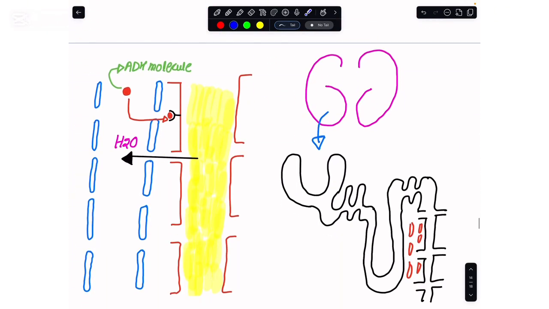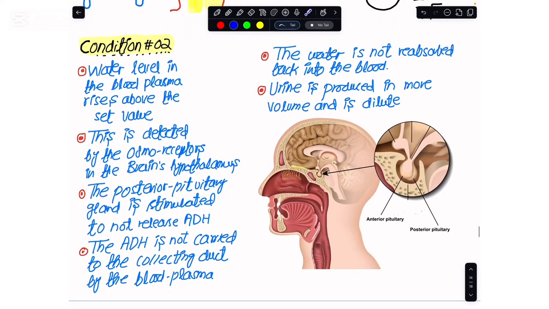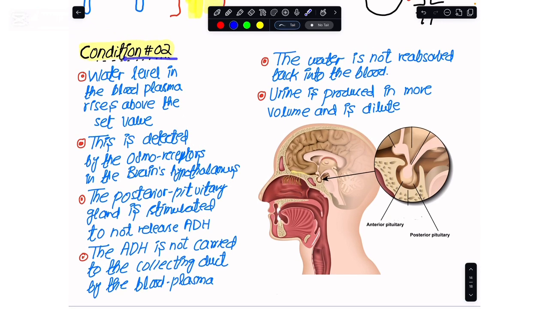If I were to show you this diagram, you see that more ADH has come from the posterior pituitary, and it has bound with the protein receptor that we have within the collecting duct. When this antidiuretic hormone binds with the protein receptors, as a consequence, more water would be reabsorbed back into the blood, and by that the water level would be elevated. On the other hand, the opposite would happen